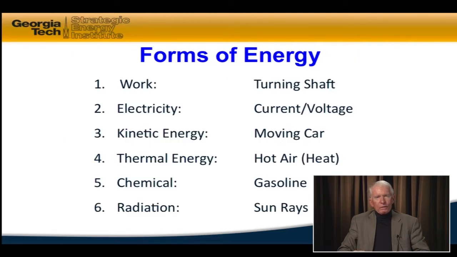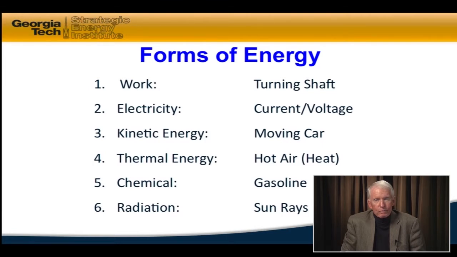Now to dive a little deeper, we need to understand what types and forms of energy we're talking about here. What are some of the different forms that we typically deal with? Well, work is one of the most valuable forms that we have. As an example, it is a turning shaft that turns the axle to our car with a torque on it that drives our car, or when we pedal our bicycle, we're turning a shaft that powers the rear wheel that pushes us up a hill or against the wind resistance as we ride our bicycle.